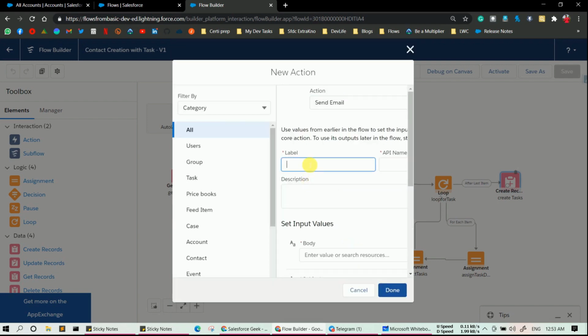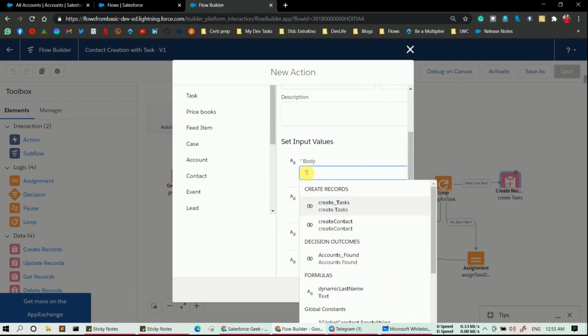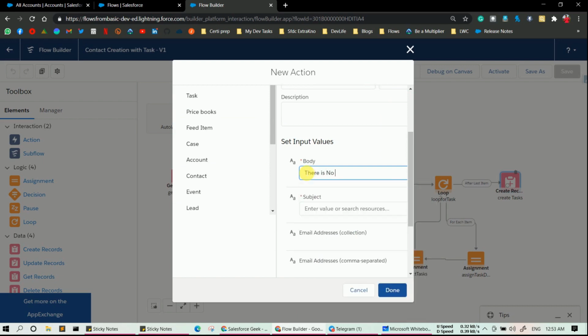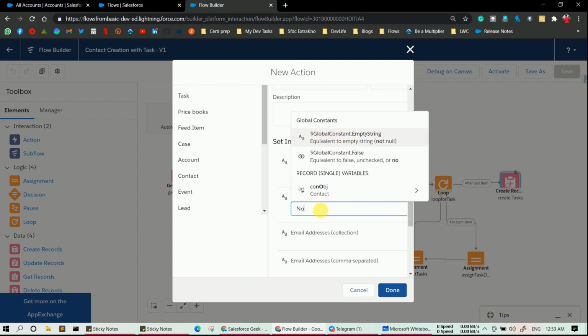Let's provide a label, let's say send email, and the API name will be automatically populated. Type the body, let's say there is no account who fulfills the criteria, and in the subject let's say no account.